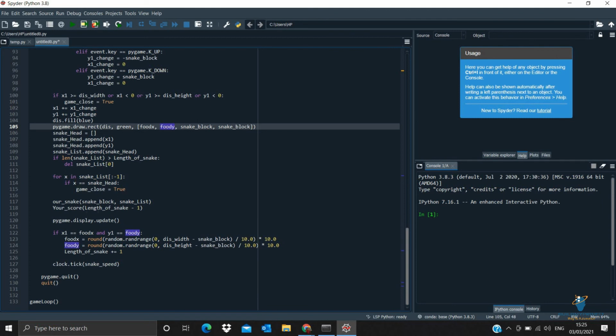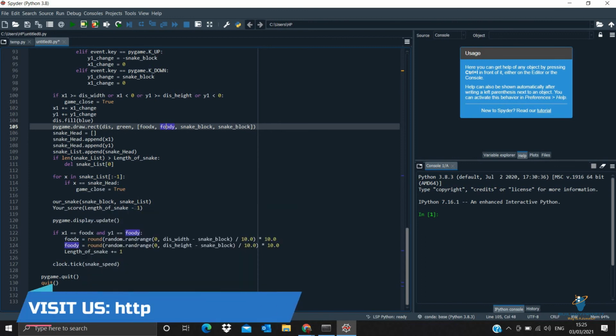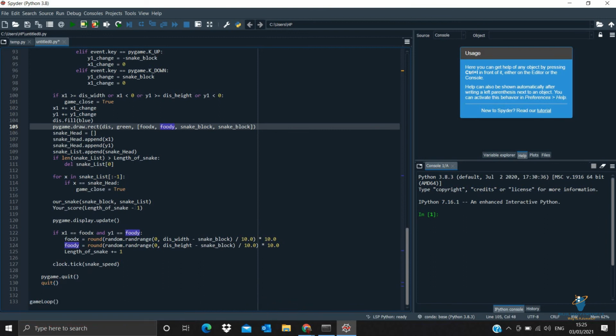And then your score, obviously, the score which you will get will be nothing but the total length of your snake minus 1. The total size of your snake was 11, and by default we have given 1, so your score is nothing but 10. Understood? The total size of your snake is 11, and the default you gave previously was 1. So the length of the snake, which is 11, minus the default value of 1, will give you the score. Okay, so your score is nothing but 10.